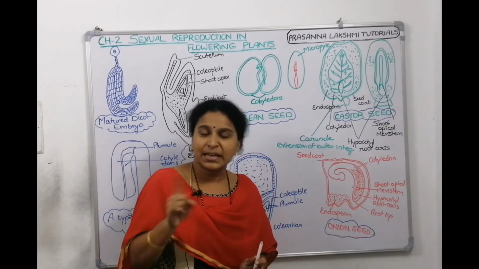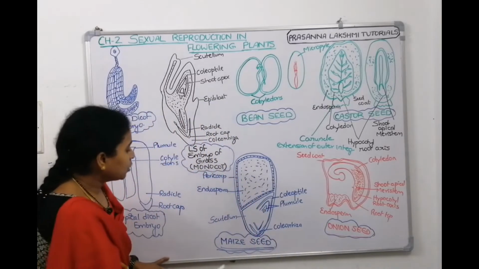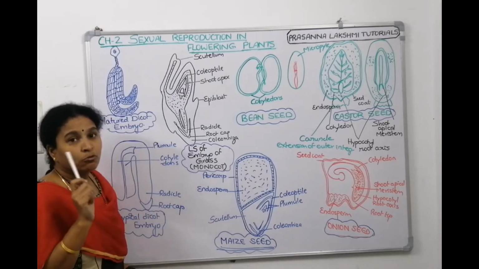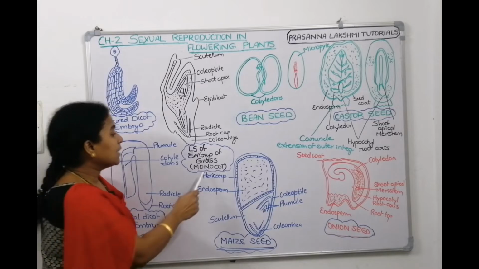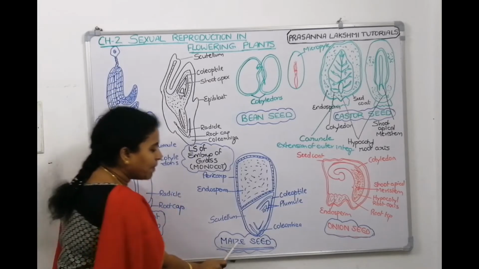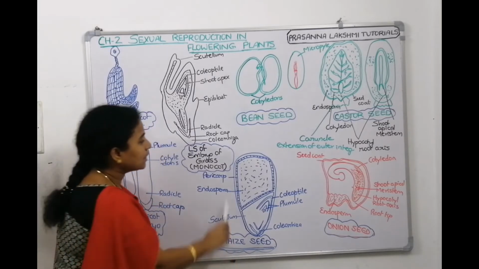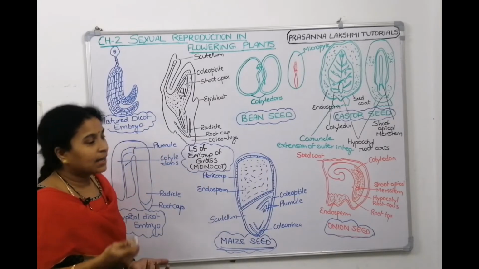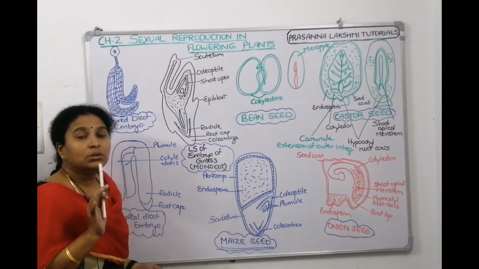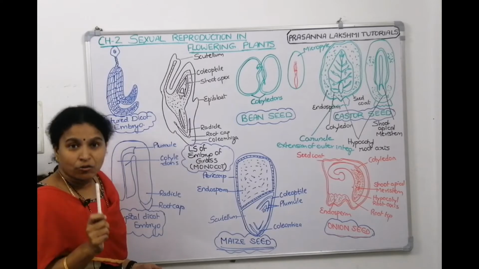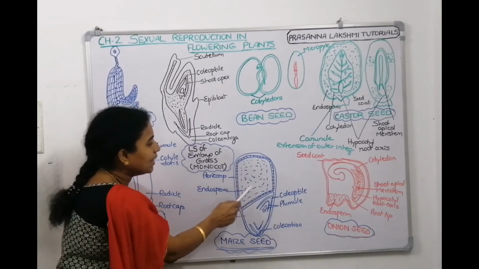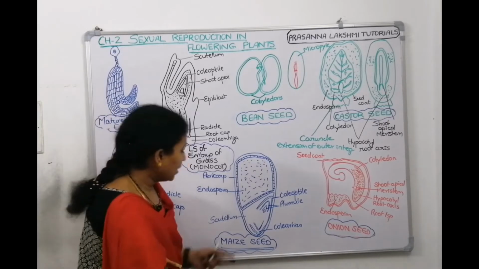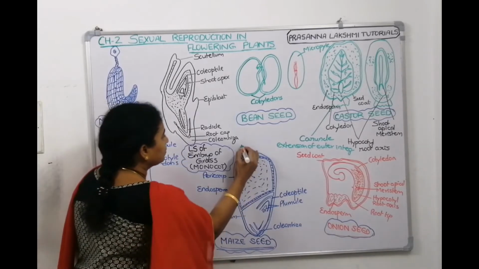Now let's come to the second monocot seed, which is the maize seed. Remember, when we studied monocot embryo development, we took grass as a reference and the maize seed as a reference. So this is a maize seed. Since again it is a monocot, two-thirds of the seed is endosperm only, bulky endosperm, and such a type of seed is called a caryopsis.